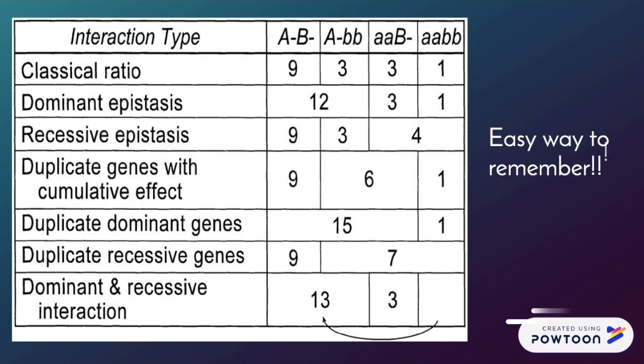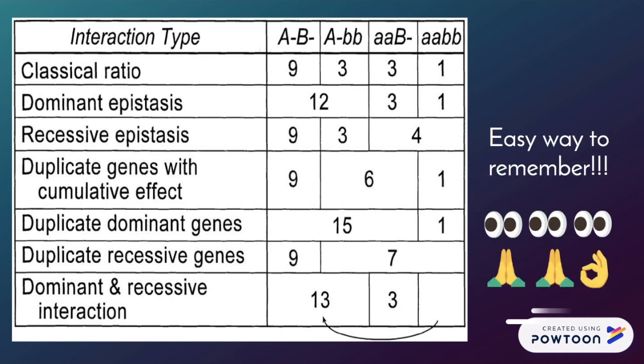Here we have a chart listing all the interaction types and their ratios. First, we have the classical ratio with a 9:3:3:1. Dominant epistasis has a 12:3:1. Recessive epistasis has 9:3:4. Duplicate genes with